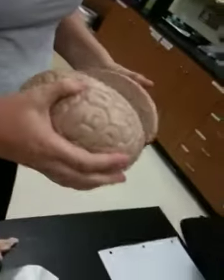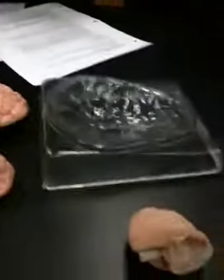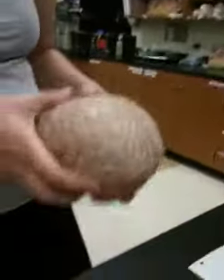The cerebellum, you need to be able to recognize right and left hemispheres. But don't worry, I'm not just going to put a little portion out and go, which is that, okay? That's not going to happen. It's going to be attached to the brain, so as long as you know which half of the brain you're at,